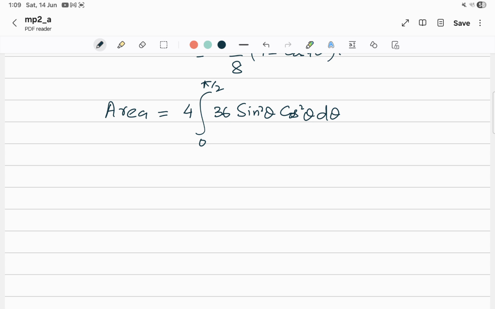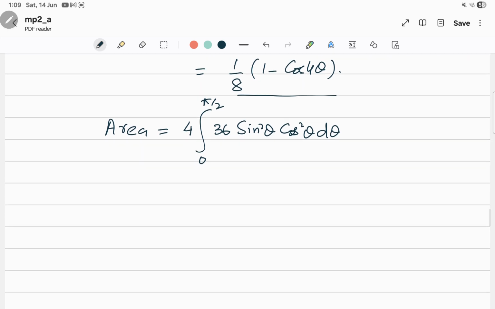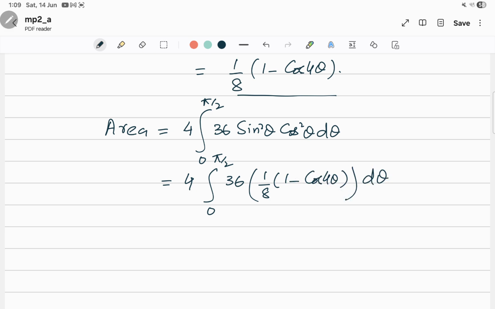So now, in the part B, we already worked out sine square theta cos square theta equals this result. So we can replace the sine square cos square with this one. So it will be 4 integral 0 to pi by 2, 36 times sine square cos square, which you can replace with 1 over 8, as we proved in part B, 1 over 8 times 1 minus cos 4 theta d theta. So if you work out 36 times 4 divided by 8, it will be 18. So you will have 0 to pi by 2 integral